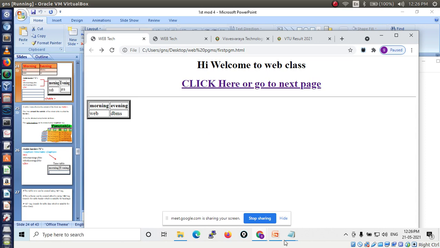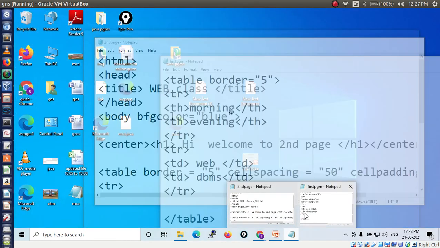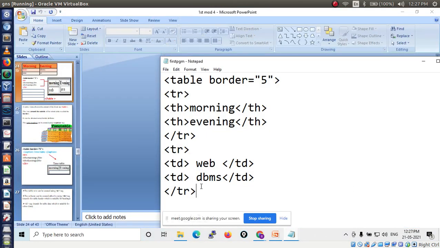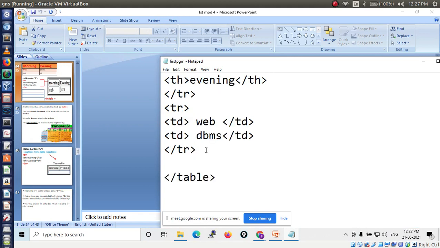Okay, next I have to display another row, that is Java and SE. So for that purpose I want to create one more row, that is tr. Then I use the td tag, here Java. Then close the td tag.